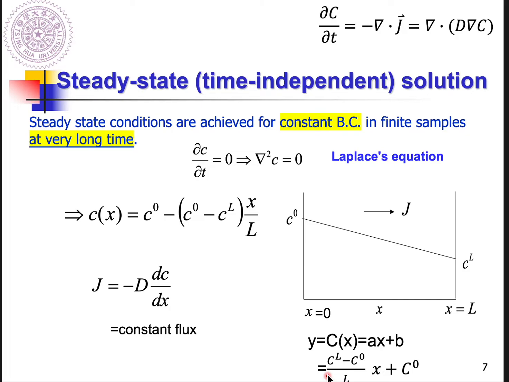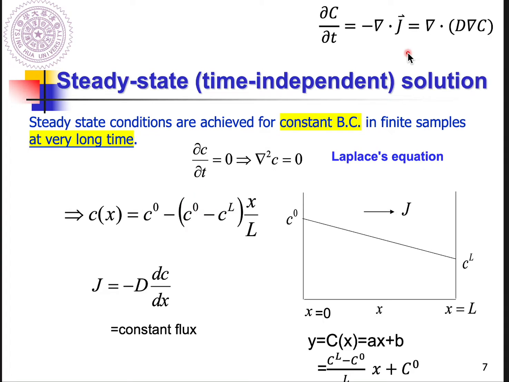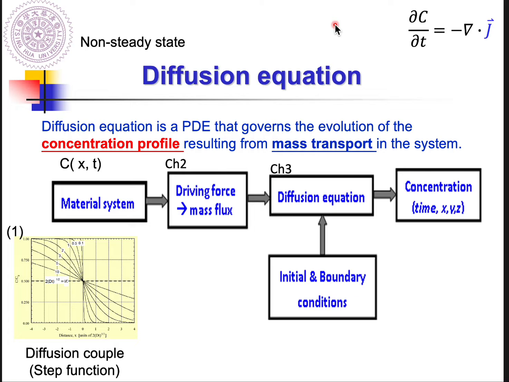belongs to steady state. However, if your case does not belong to steady state, it belongs to non-steady state. So how can we? Because it belongs to non-steady state, ∂C/∂t is not equal to 0. So now you need to solve the partial differential equation, and get the concentration profile as a function of x, location, right? So